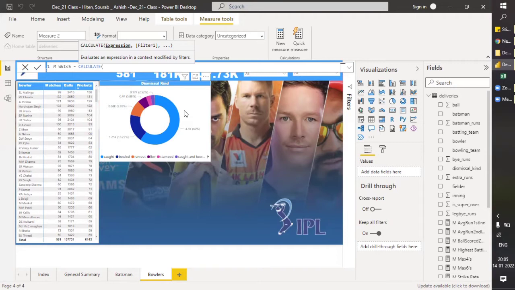So there is a logic and there is a count or sum, so you will use CALCULATE. CALCULATE is the best DAX to use for this type of question, which will give you a parameter to do some average or count, and then it will also give you parameters to filter it out.